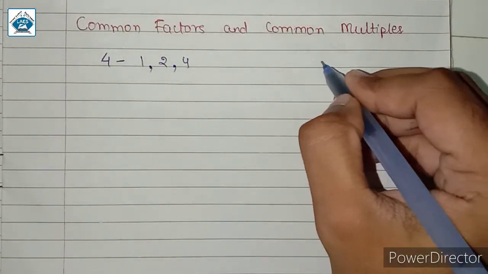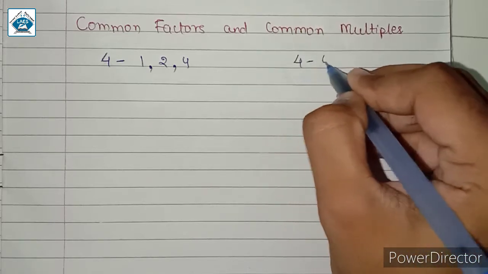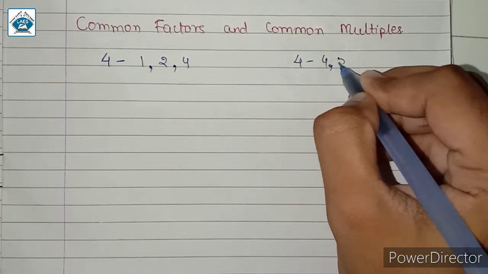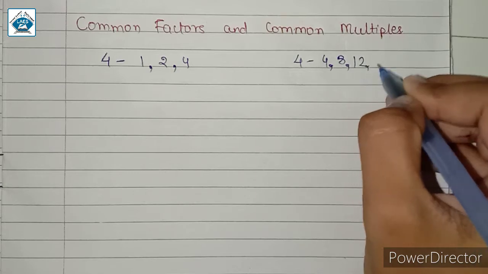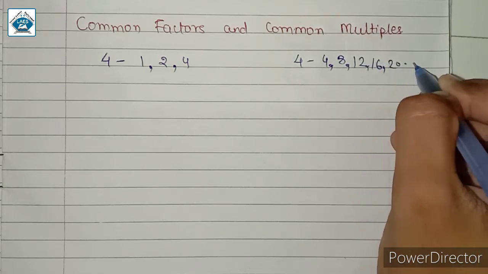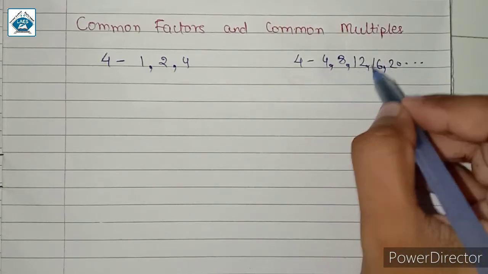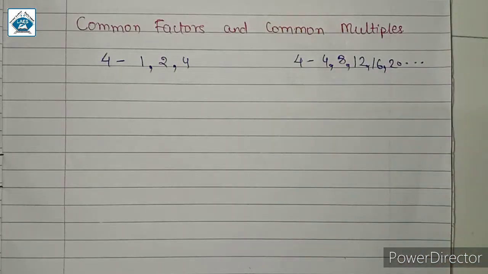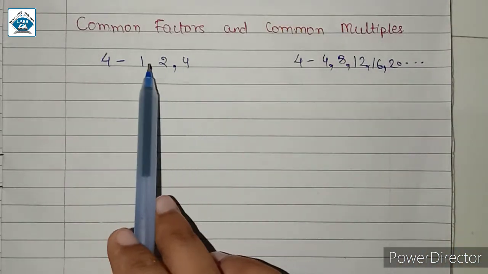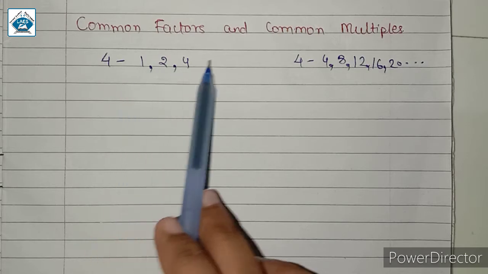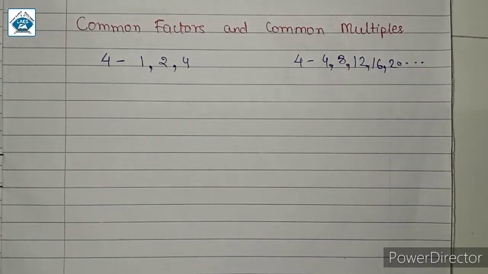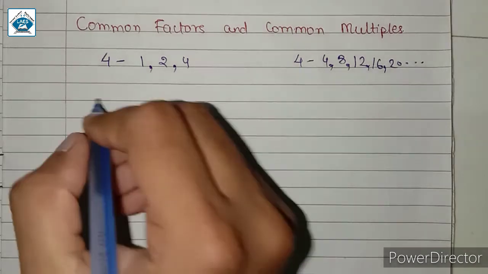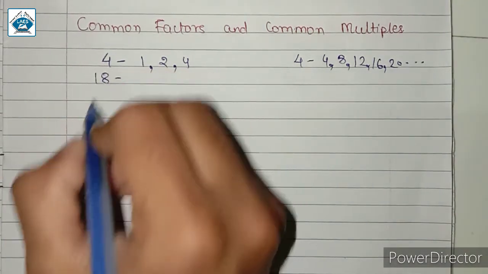For example we have the multiples of 4 include 4, then 8, 12, 16, 20 and so on. ठीक है, 4 1 4, 4 2 8, 4 3 12 and so on. So 4 के फैक्टर्स कौन से हुए, 1 2 and 4. इन नंबर्स के टेबल में 4 जो है वो आता है. Next consider the factors of 18. 18 के फैक्टर्स consider कर लेते हैं.